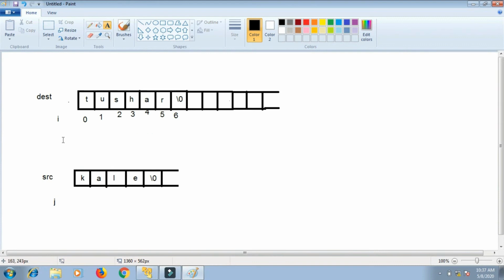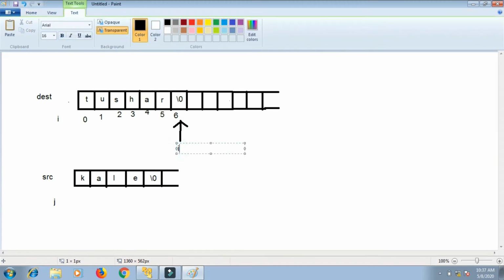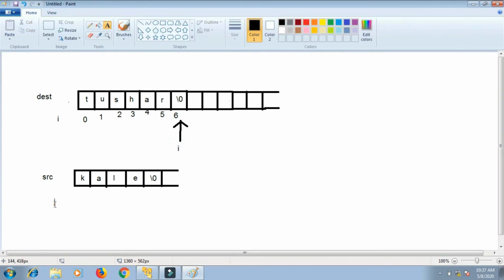When it comes out of that for loop, i will be pointing here, to the last character. And now from this character I will copy the other string into this string. j is pointing to the 0th character only because I will initialize j to 0.